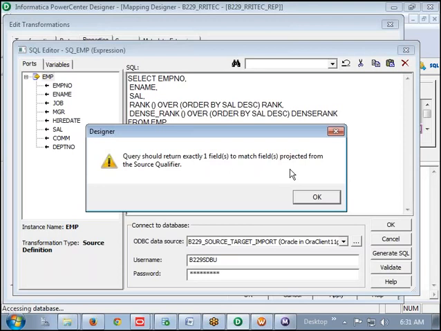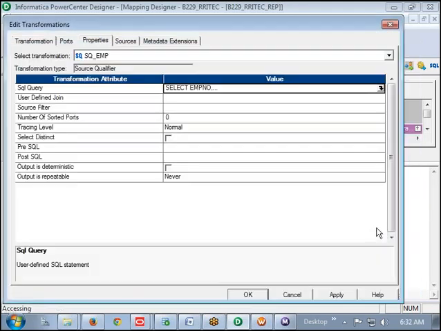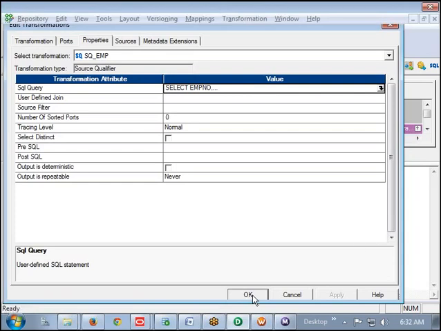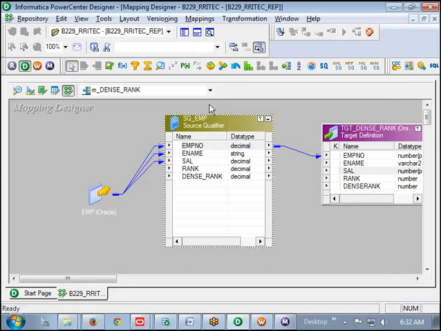How many columns is connected to the target? That's what it is expecting. Only one column it should write. The reason it is expecting only one column should be written by this query. So click on OK. Again OK. Again OK. Connect all the columns from source qualifier to target.